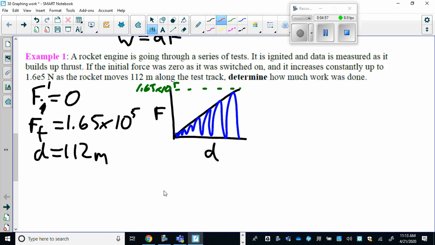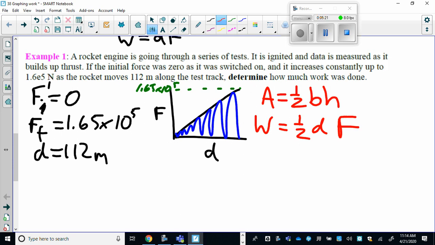So we're going to have to modify our formula a little bit. And this is the formula for the area of a triangle. And remember, we know that the area equals the work, and we know that the base is the displacement, and we know that the height is the force. And so now we can just plug the numbers in. So it's just going to be 1/2 times 112 times 1.65 times 10 to the 5, and it ends up giving us